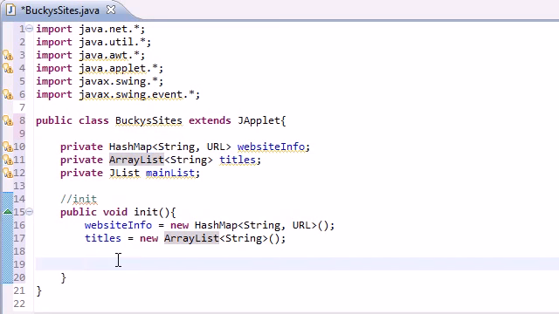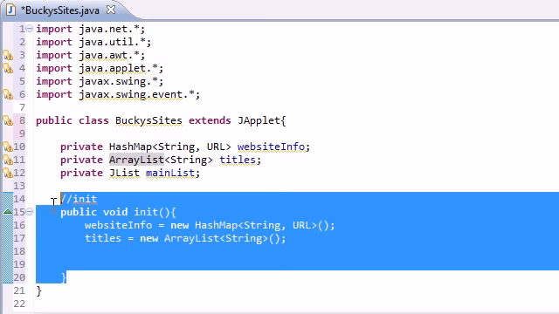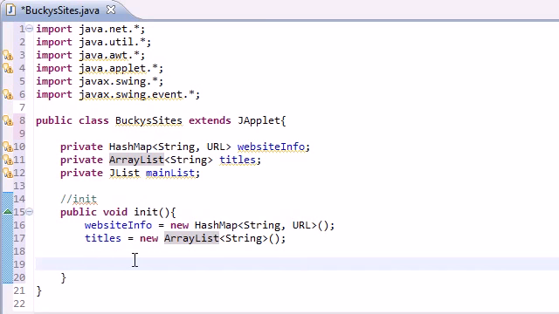Now eventually we're going to be populating these with information, but for now we won't really worry about them. Remember that I told you guys that we're going to have two methods in this applet? Well, of course, the first method is this init, and the second one is going to be a method called grab HTML info. Now, what this method is going to do, if you guys couldn't guess,